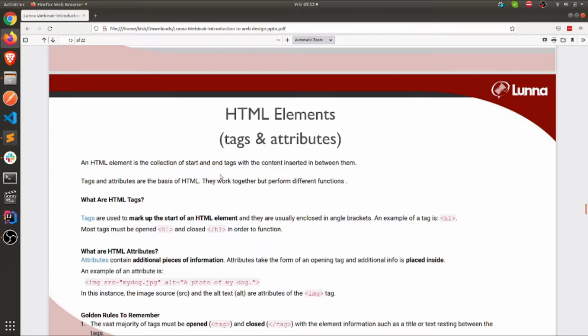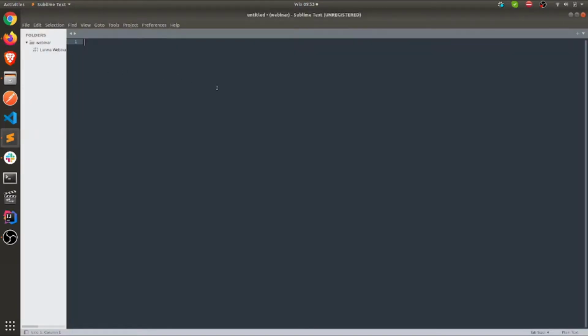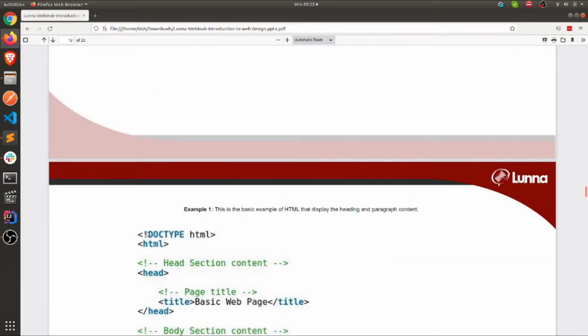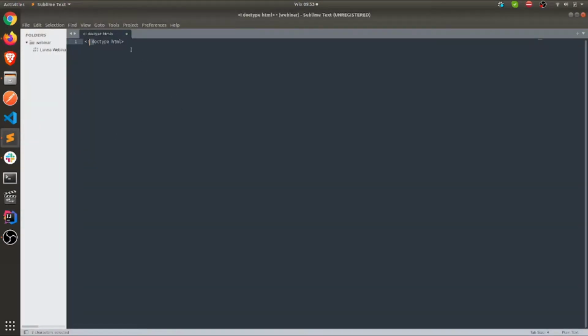Now let's look at the simple site here. We are going to create an HTML site. Remember, we said that we are going to identify the doctype. We say doctype, and then we say HTML. We said that it's an identifier. Remember, this doctype just identifies the version of the HTML. So in our case here, let's write